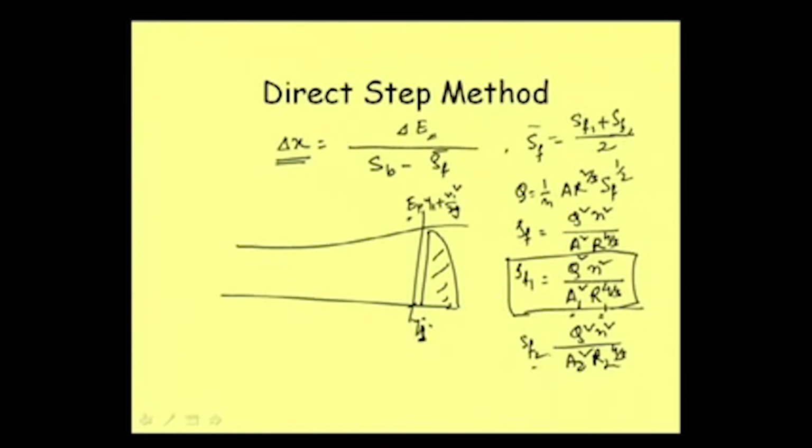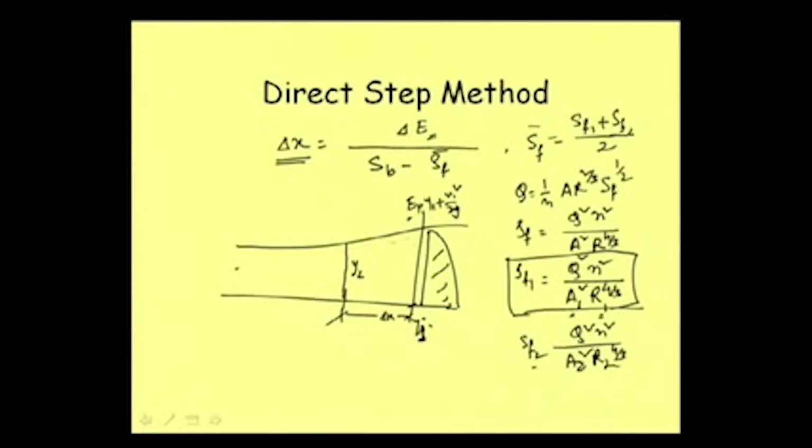So what we assume is, we want to calculate the delta x, but we do not know where this delta x will be. But let us assume that the depth y2 will be the depth, and we need to calculate now. Of course from our knowledge of gradually varied flow, knowing the yn and y2, we must know whether the flow profile will be rising or falling. If it is in zone 2, it will be a falling profile. If it is in zone 1, it will be a rising profile. If it is in zone 3, it will again be a rising profile. So that part we know.